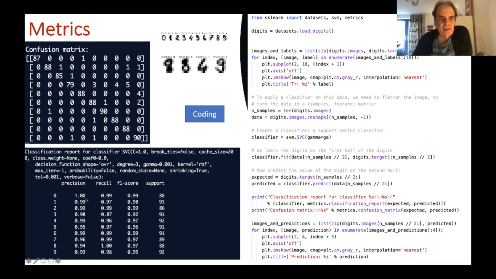As we can see here, our precision is 1.0. If we look at this one, a 1 has been identified as a 1 88 times, but it was misclassified here as a 0, 1, 2, 3, 4, 5, 6. So a 1 is taken as a 6 here, and we can see here the precision score reduces.